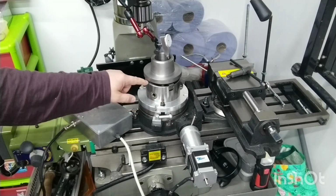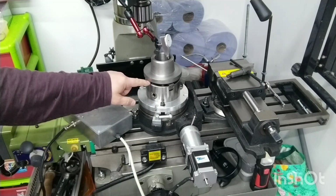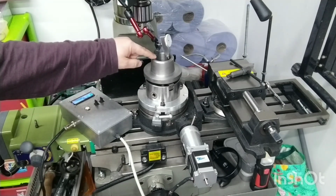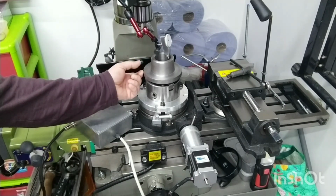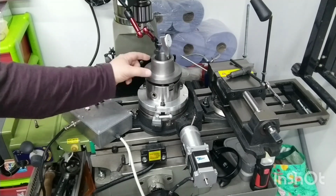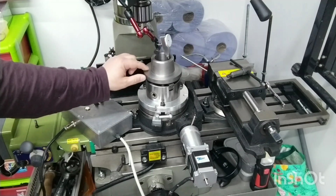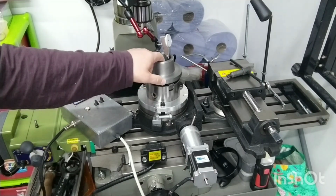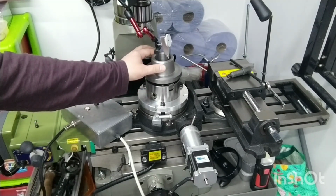And this chuck is sitting on top of here on a register, but because you get some inaccuracy from the chuck, the nut housing is held on the bore by the internal. The external portion of the 3-jaw chuck jaws are on the internal bore, and then I've centered everything by using the clock on the internal bore of the nut housing, so that the bore of the nut housing is dead